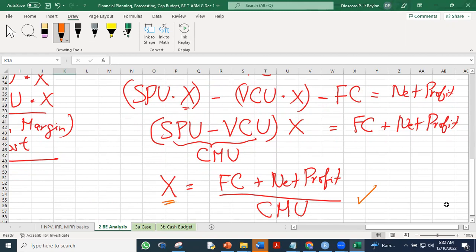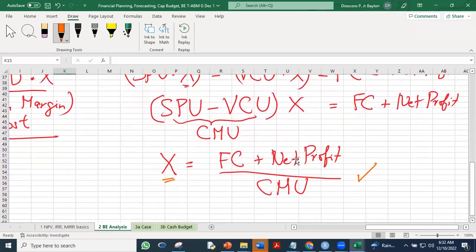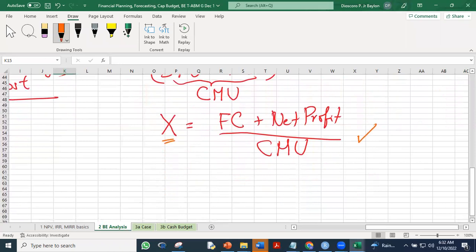So for example, if you want net profit of 1 million, okay, so you can substitute 1 million here, substitute fixed cost, and divide it by the contribution margin per unit. That's the number of units you have to produce or to sell in order to gain a net profit of 1 million. However, at break-even point,